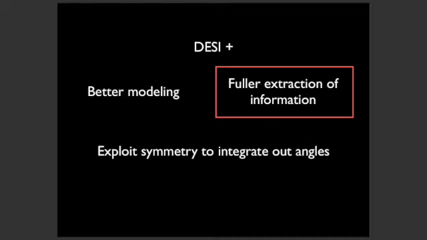You're just saying, if I needed to encode all of the information that's translation and rotation invariant, how would I do that? Now, of course, that's an assumption too, but we do believe the laws of physics, just by virtue of being laws, should be the same over there as they are over here, and should look the same in that direction as they do in this. Of course, RSD break that. I have thoughts about that, but we don't have time for it today. So the basic program here is exploit the symmetry to integrate out the angular structure and record it in a compact basis. So that's what I'm going to show you.